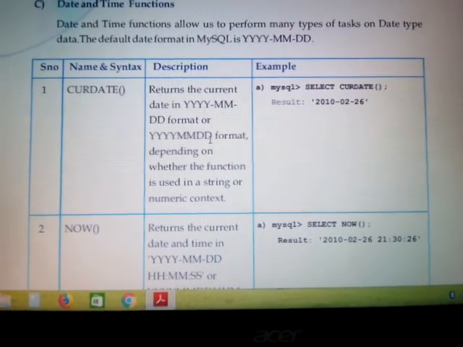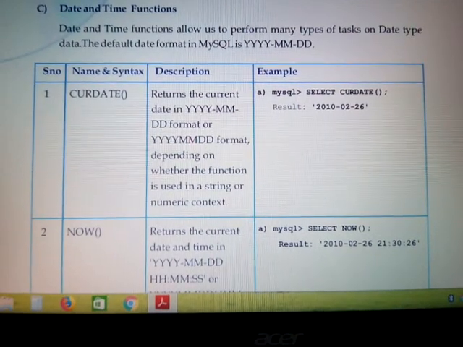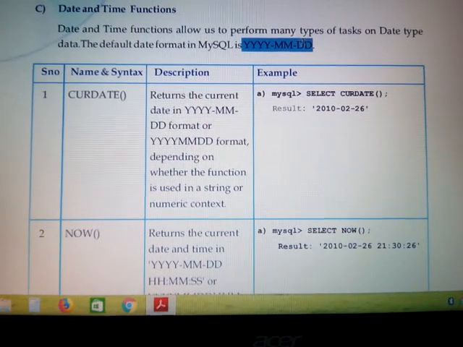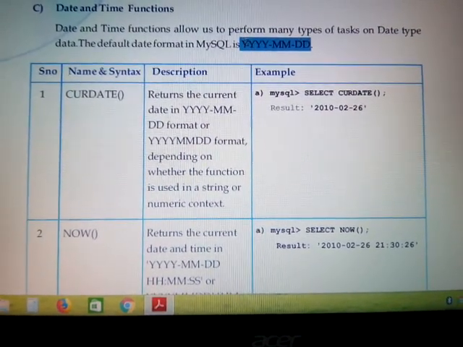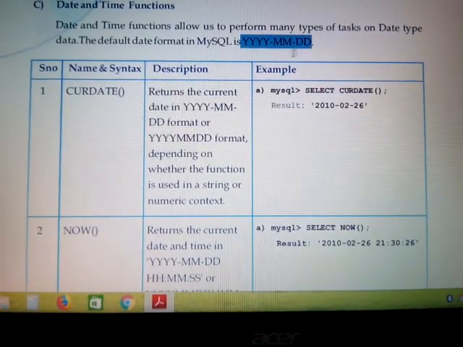And we know that the date which we use in MySQL is in this format, that is year, month and date, separated with the hyphen symbol.